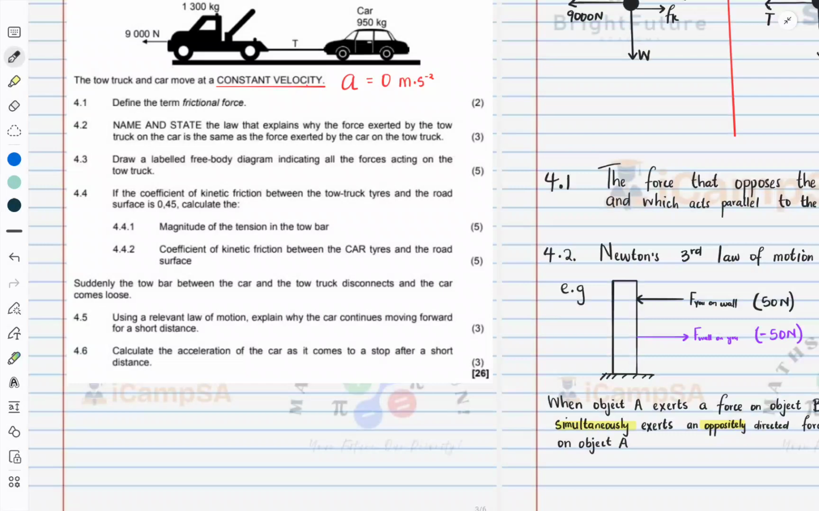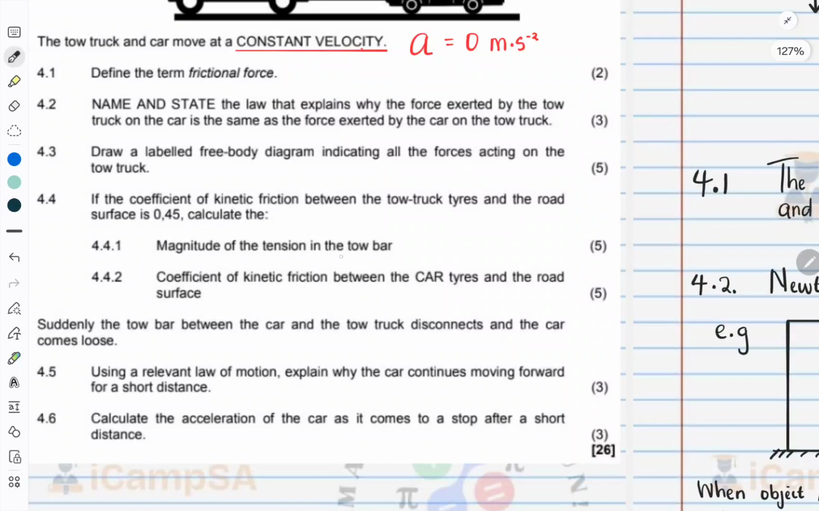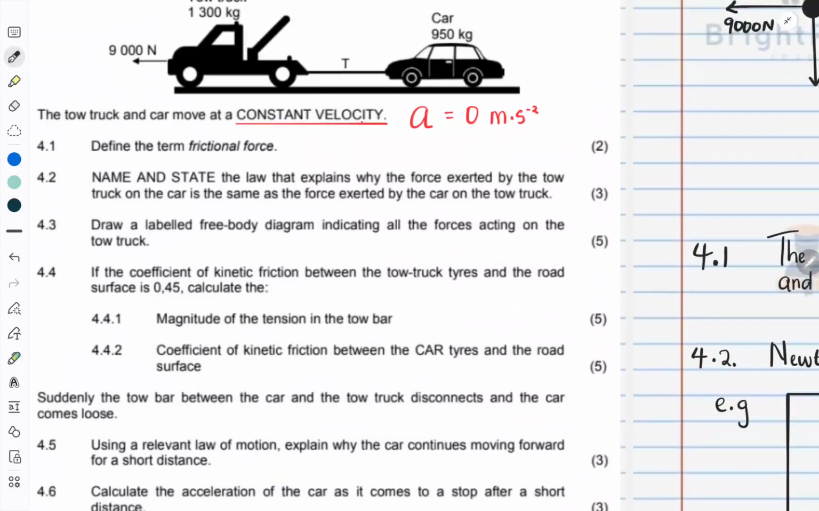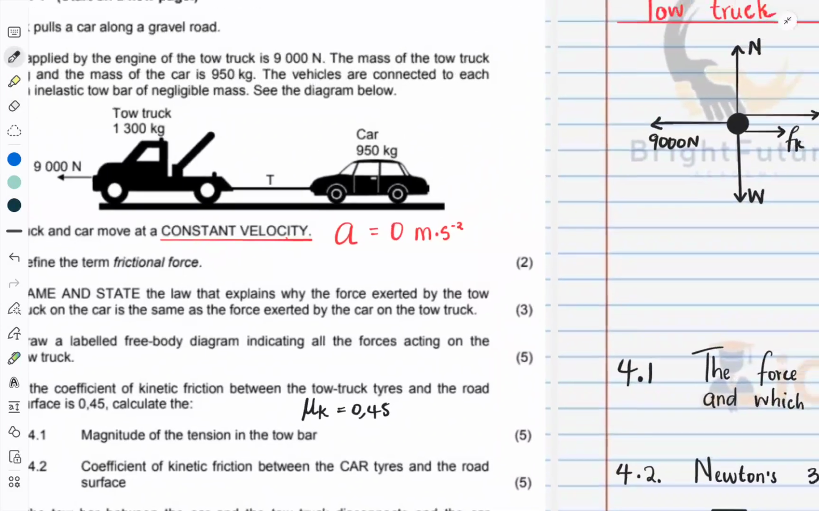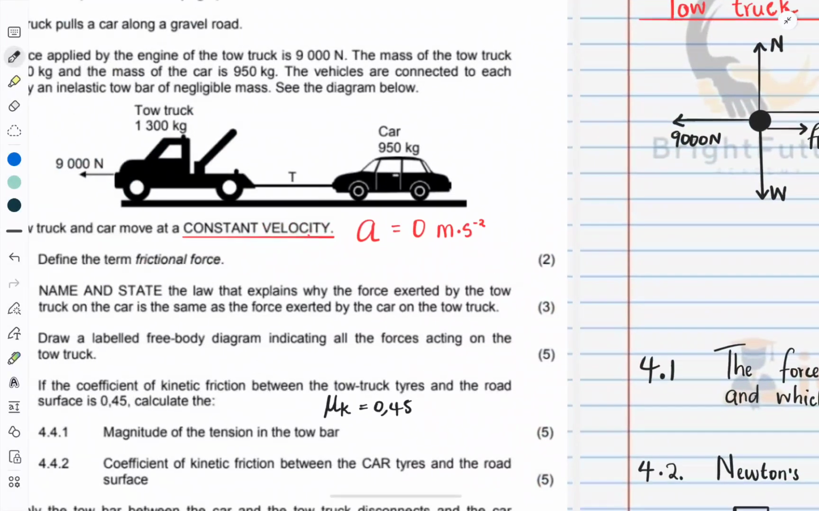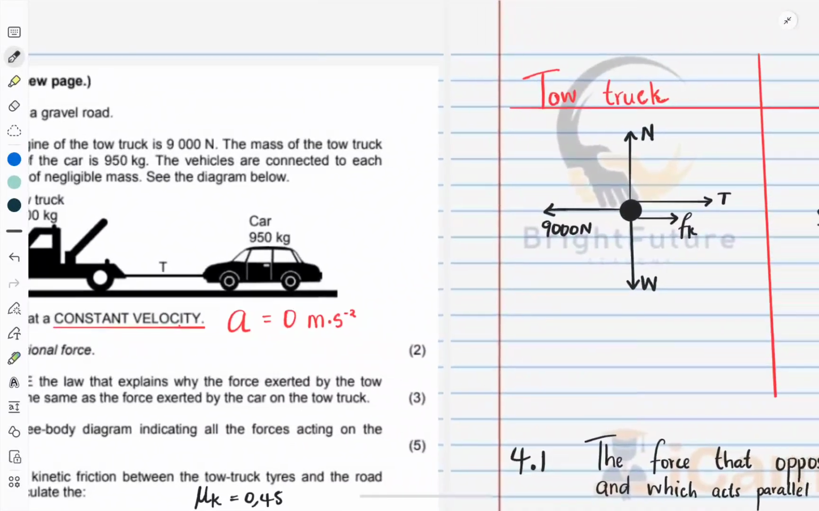Then we have 2 sub questions. Now we have to find the magnitude of the tension in the tow bar, given that mu k is 0.45. That's a very high coefficient, 0.45. Okay, let's go find the tension. So if we check our diagram,